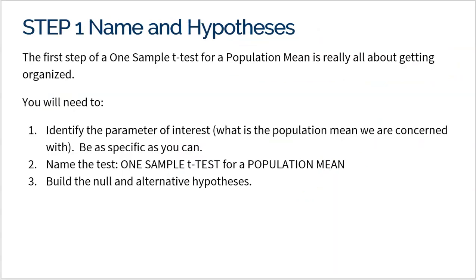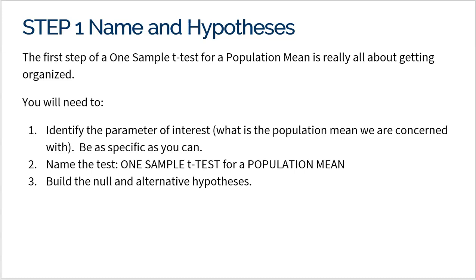All right, so let's talk about step 1. Step 1's actually pretty easy. The first is naming it and giving the hypotheses. So it's actually a couple different things here. We have to identify the parameter of interest, right? You want to make sure that in your name, you're talking about what it is your problem's focusing on. And we're focusing on the mean amount of caffeine in milligrams in our caffeine pills. It's going to be a one-sample t-test for population mean, and then we have to give the null and the